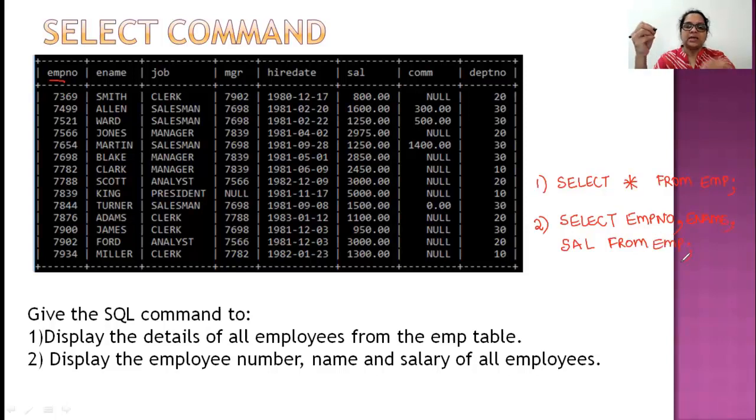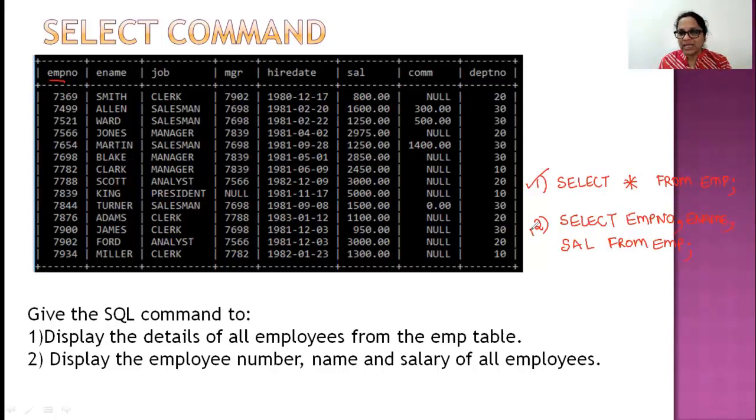Now again, is there a where statement? No, because there is no condition about which employee you wish to see. I wish to see the employee number, name, and salary of all employees. So I get that as my command. Now in the first case, children, if I put this as my command, what will you see? Exactly the table that you see now. You will see this entire thing as it is.